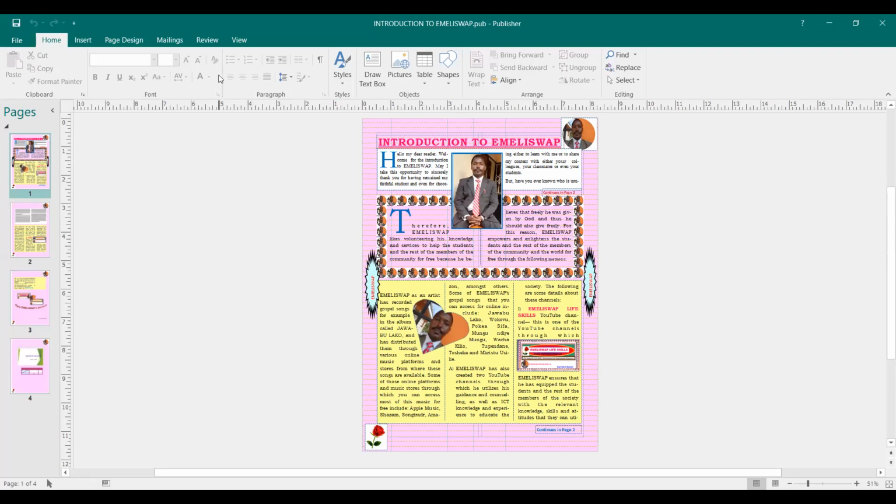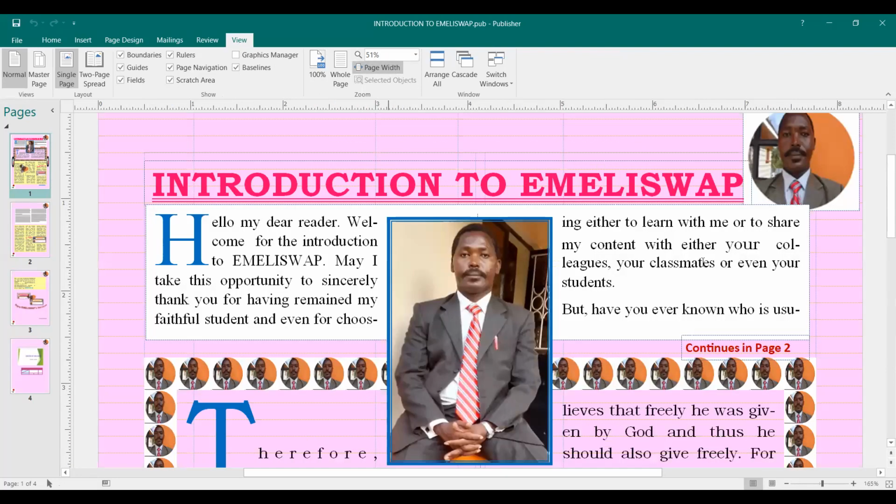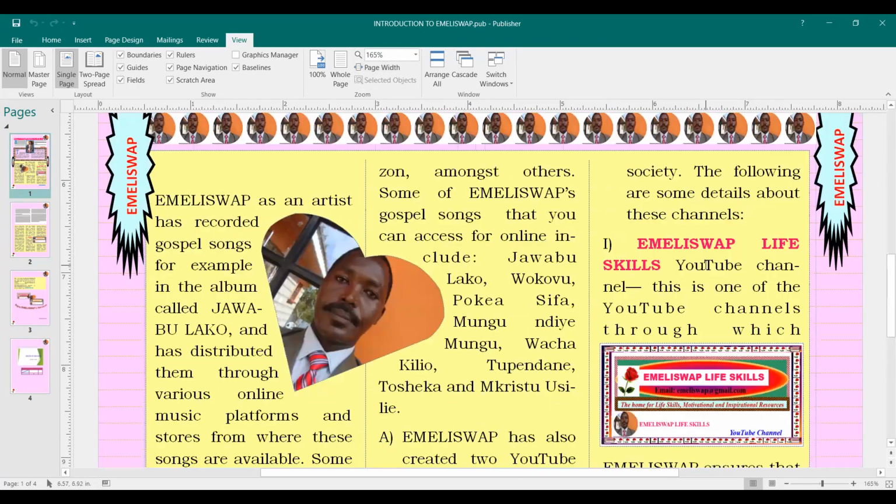And that I have always said, it is important that you click on the View menu. So let me click on the View menu. And now I can click on Page Width. So our text is now visible. As you can see,